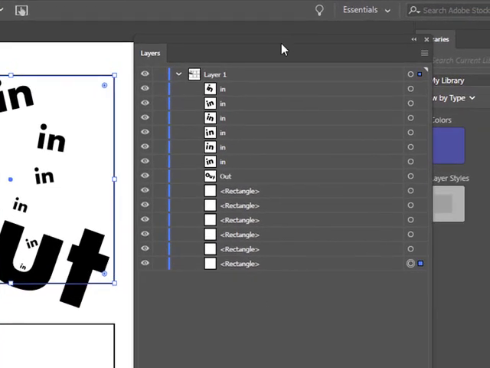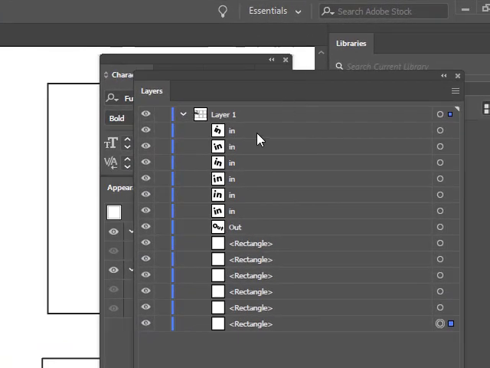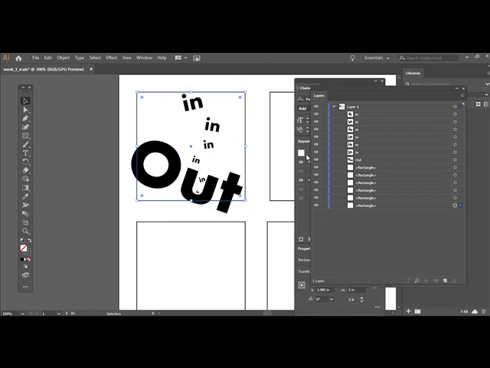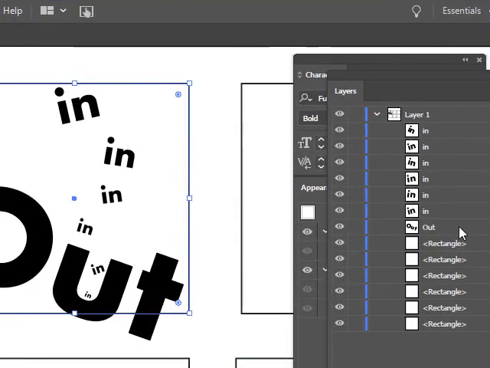Okay. So I can also use my layers panel to select. Oh, that's the next one. Next one, next one, next one. Okay, but this is the one I want. Okay, now I want to take the word out and I'm going to drag that underneath the rectangle. So I'm going to grab there,